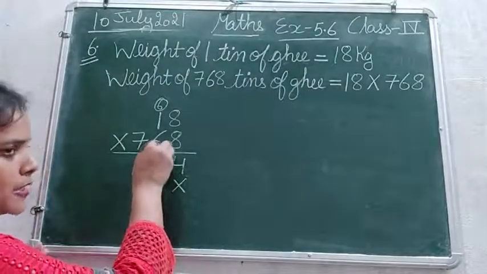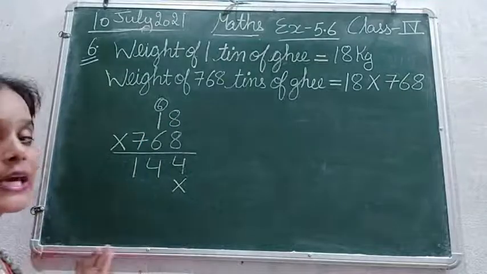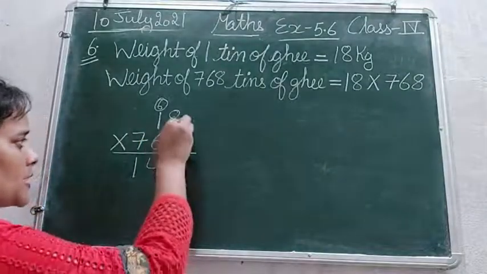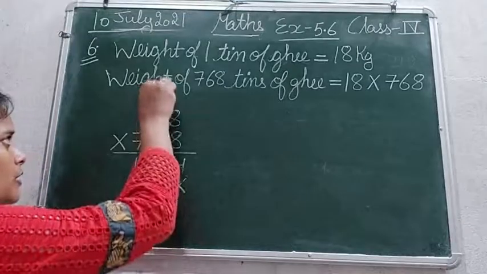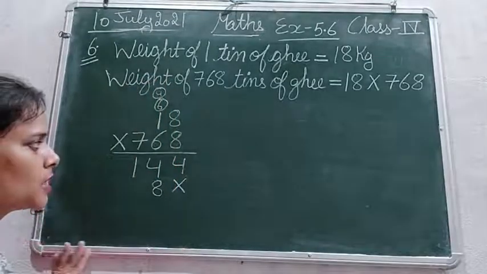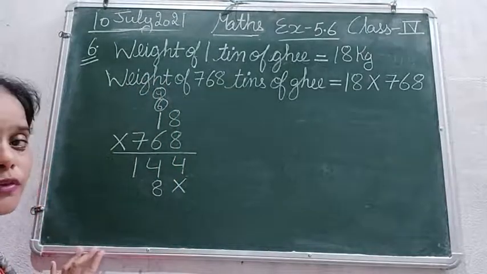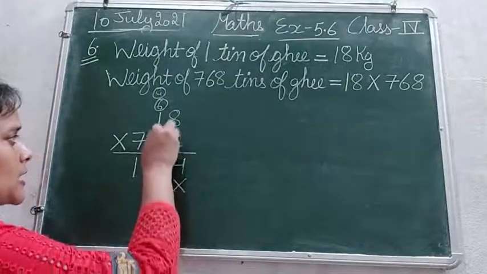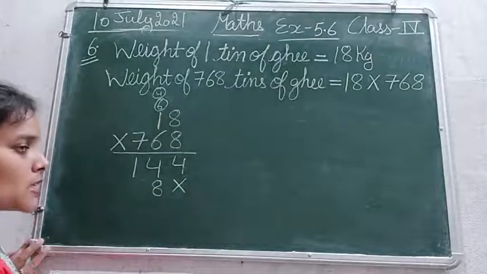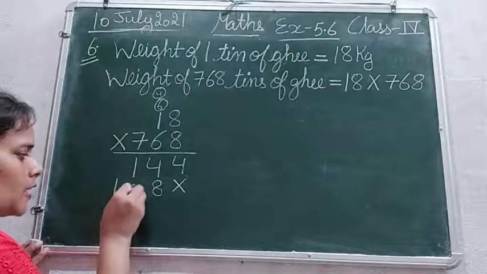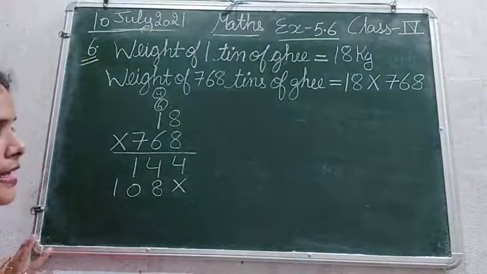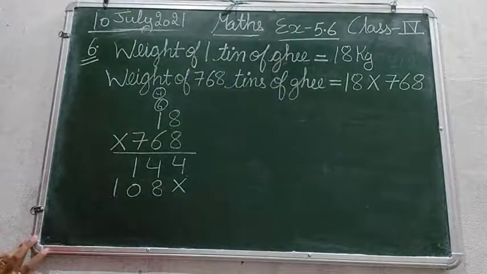Now we are going to multiply this 6 with 18. So 6 8s are 48, 8, 4 will be carried above. 6 1s are 6 plus 4, that is 10. So we will write 10. So after multiplying 6 with 18, we got 108. Next,